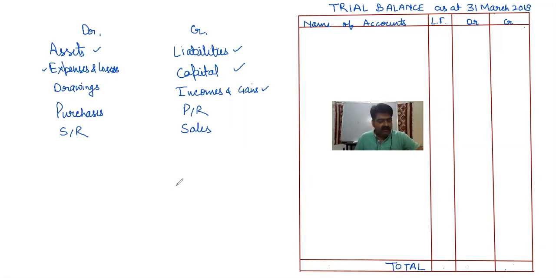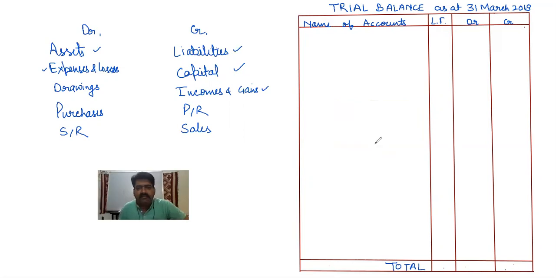Now, I would like to tell how to write treatment in trial balance, and we will discuss illustration 2. So let's see illustration 2, and with the help of all these treatments, we will prepare trial balance. So illustration 2 of DK Goel. Prepare a trial balance from the following balances of Shri Keshav Chand Gopal Chand as at 31st March 2018.